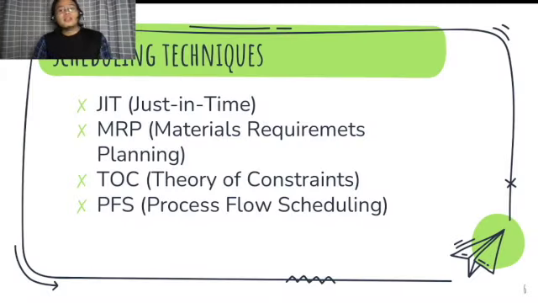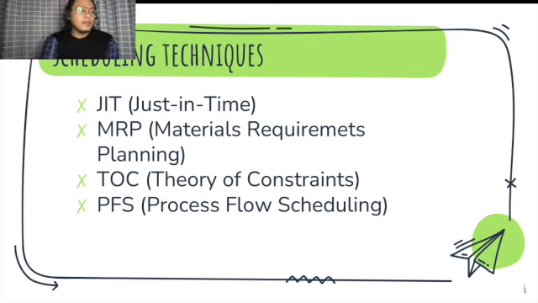Okay, so these are the four different types of scheduling techniques that are presented in the journal. Namely, we have just in time, which is very common, materials requirements planning or MRP, the theory of constraints or TOC, and the process flow scheduling or PFS. Each of these scheduling techniques will be discussed later on, and most of these techniques are actually used by successful companies